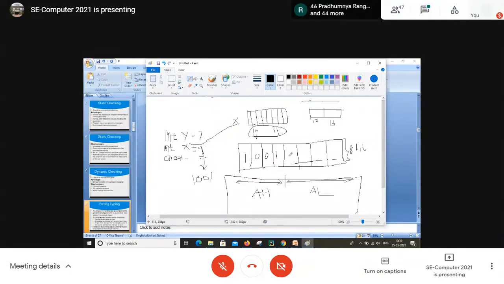So what about these remaining bits? Can we use that bit? We cannot use that bit because we write x equal to 9 and y equal to 7 separately. If I write x equal to 9 and y equal to 7, now these remaining bits can be used for this 7 when I write a single string, because this is a size of the data type. It is not a size of this variable, it is a size of data type.